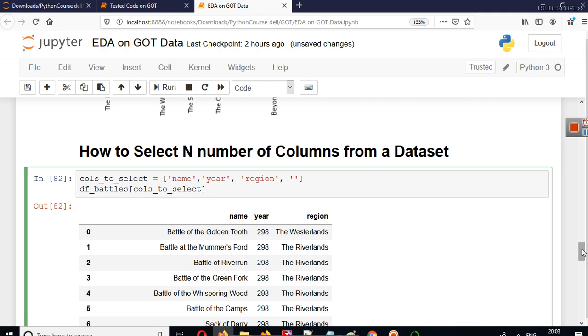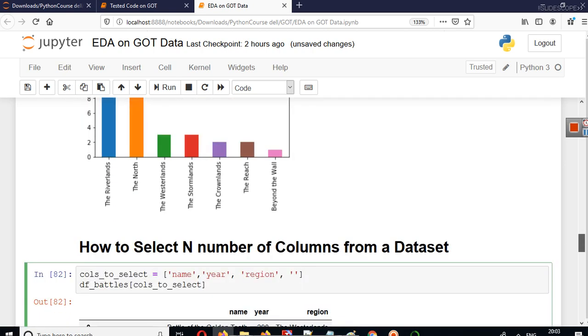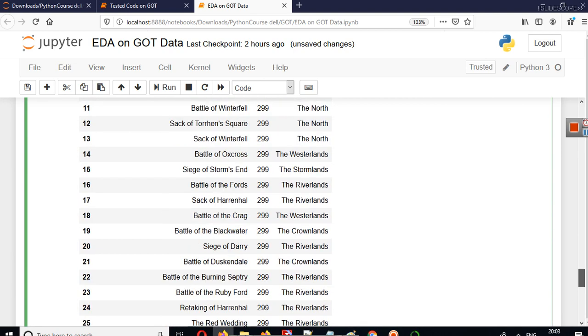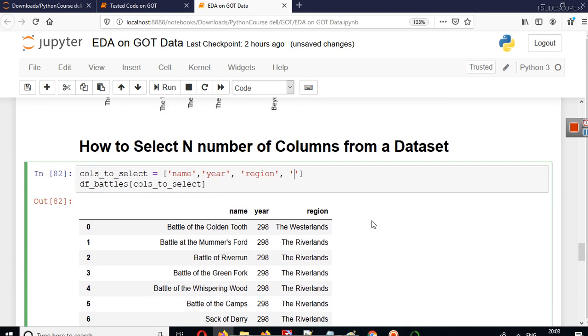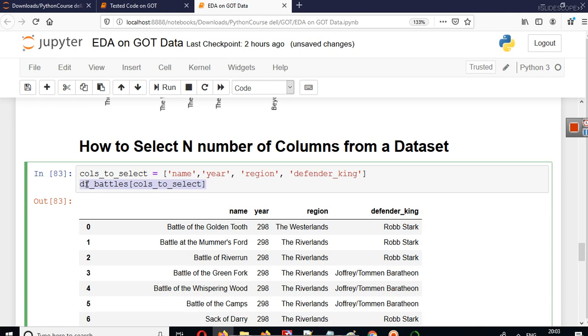Let's say we want to find another column here, and let's say that is Defender King. So here we can write Defender_King. Now this particular thing that we are getting here is also a data frame.